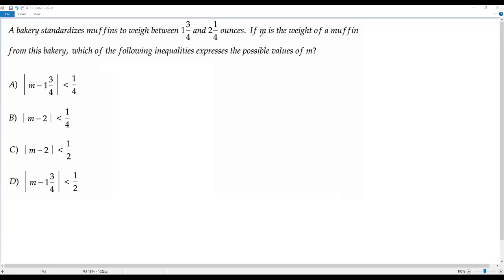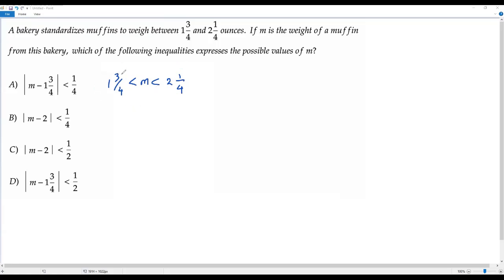And also the question says M is the weight of the muffin, and the minimum value of M is 1 3/4 and the maximum value is 2 1/4. So we can write this as an inequality. Let me write it over here: 1 3/4 < M < 2 1/4. Okay, now to get the absolute value inequality which gives this inequality as its solution, what I have to do is